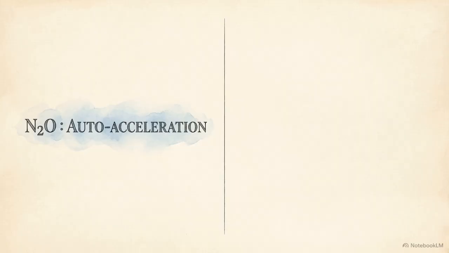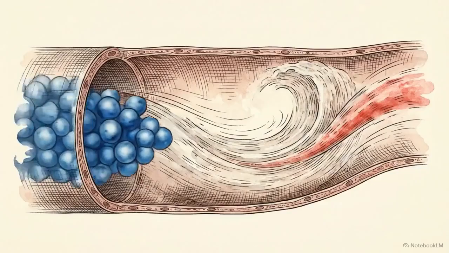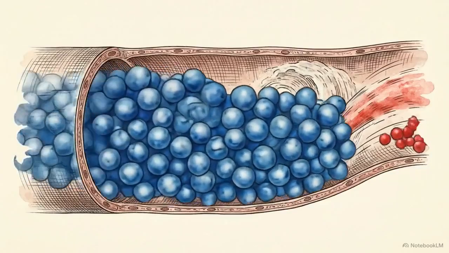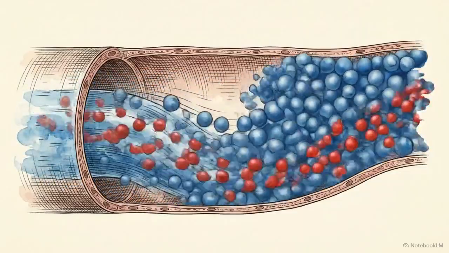The taxonomy here is specific. The concentration effect refers exclusively to nitrous oxide accelerating its own uptake. The second gas effect describes nitrous oxide accelerating the uptake of any co-administered gas. By physically manipulating lung volume, a massive dose of nitrous oxide acts as a pharmacokinetic booster, speeding up the induction